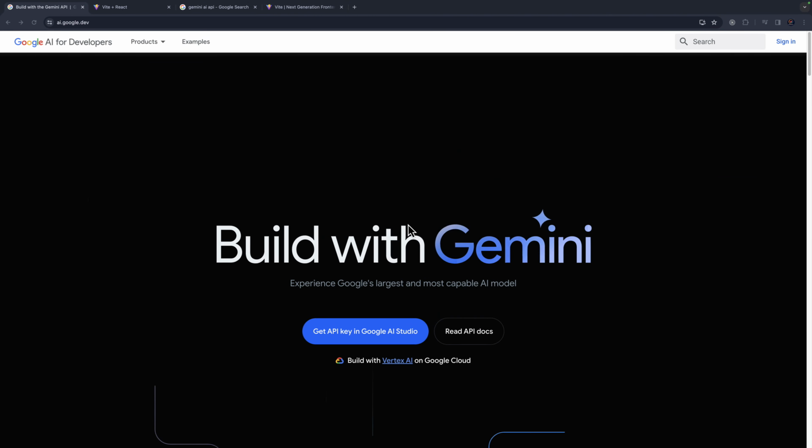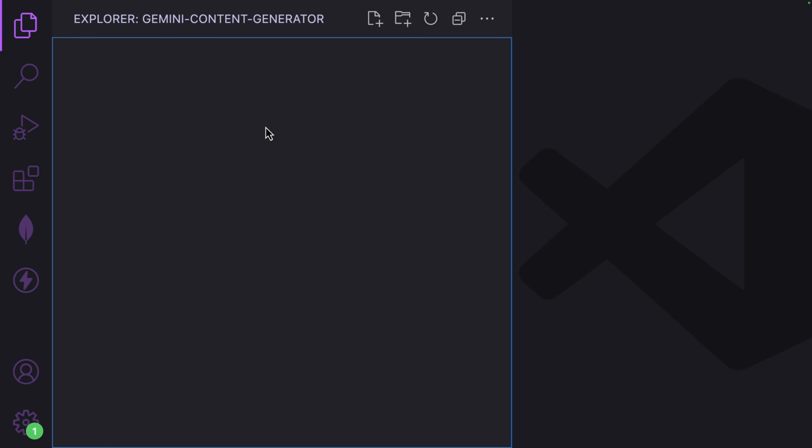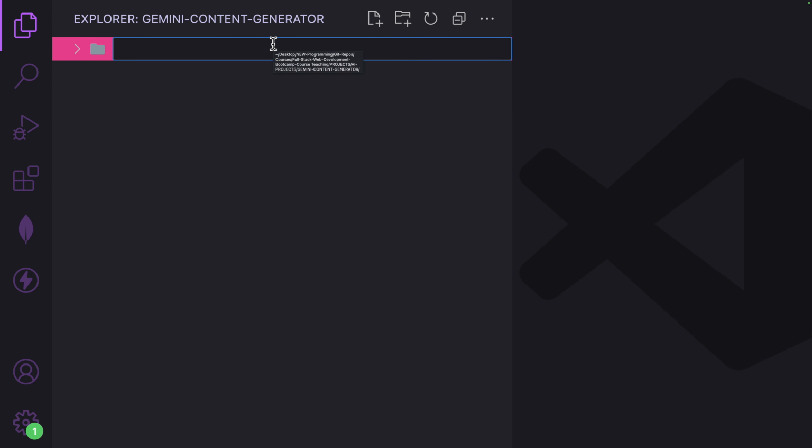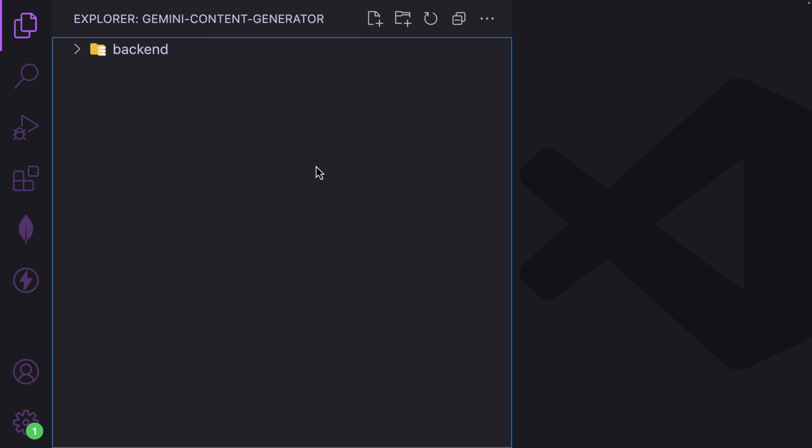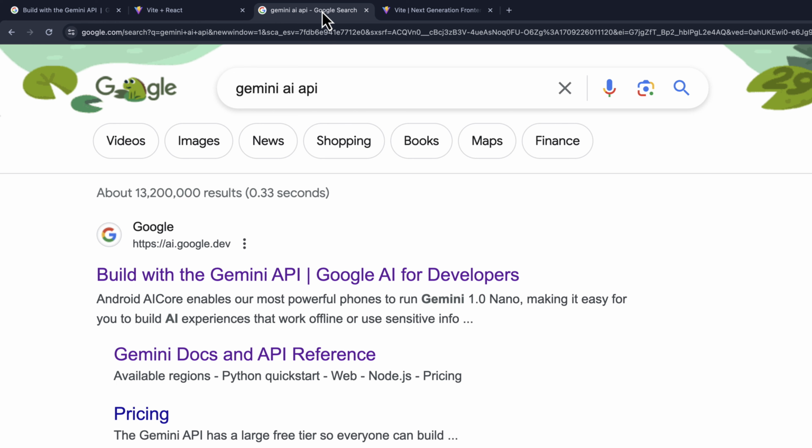Let's get into code to build this application, and for me, I'm going to use VS Code as my coding editor. We are going to focus on the backend. I'm going to create a folder called Backend. Before we continue, let's read more about the documentation. If you search for Gemini AI API and then click on the first search result, or better still, you can go to